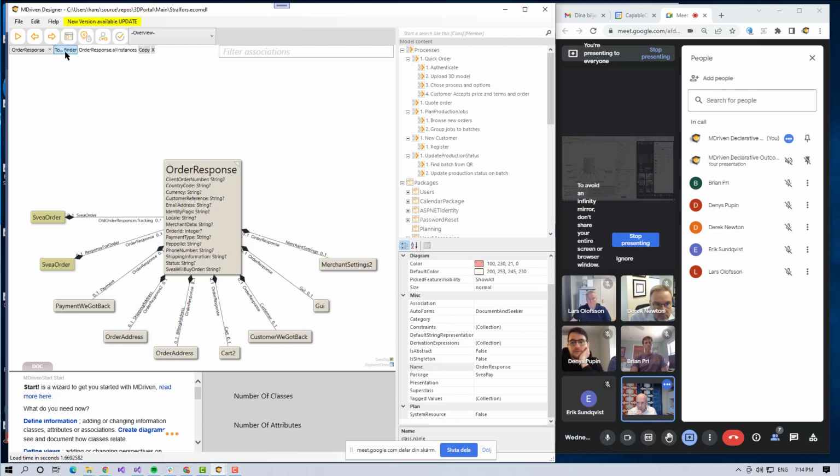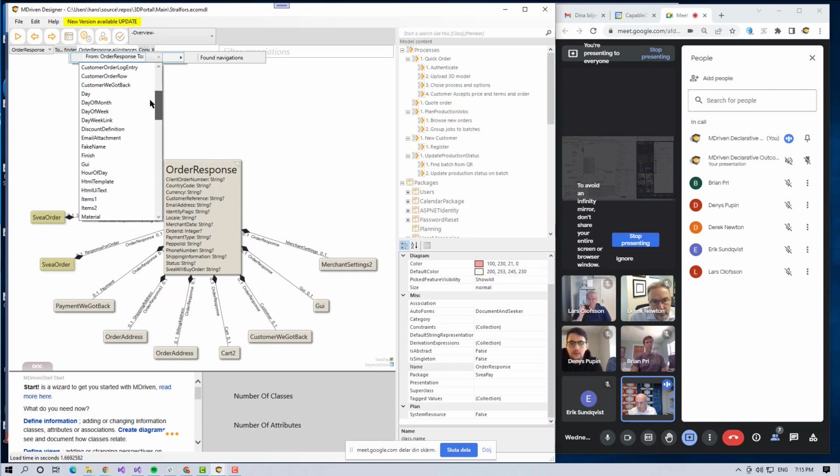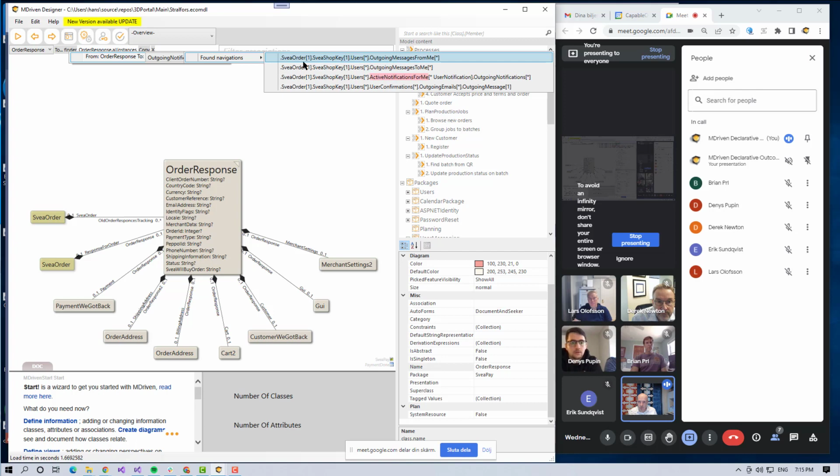So we added this finder function up here. If I'm on a class called order response, that's set to order response, and I can just click this one. So you're on order response, where do you want to go to? Given the complete model, maybe I want to go to outgoing notification. Is there any relation taking me from order response to outgoing notification? And then instead of you doing this yourself, the computer does it really fast, loops through everything, 1 hop, 2 hops, 3 hops,